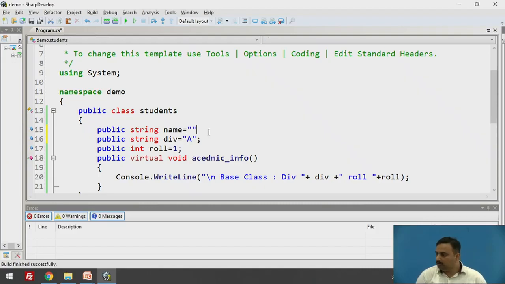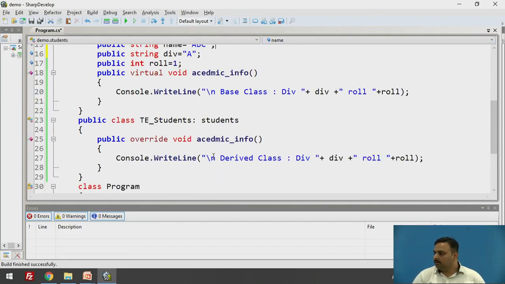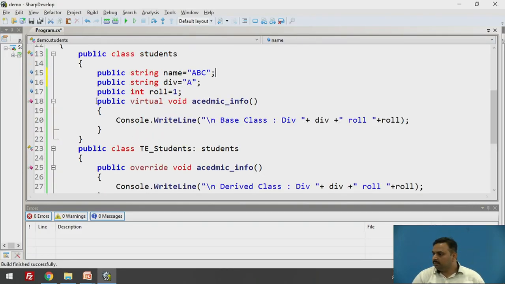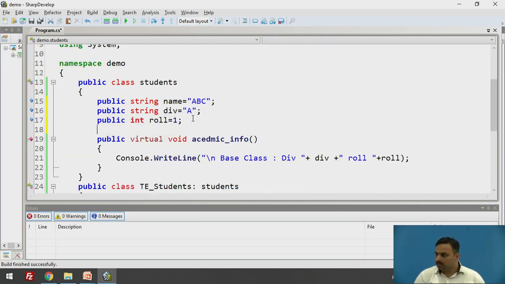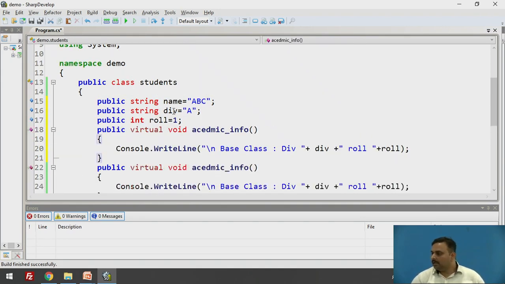Name is equal to, let's say, ABC is my name. Okay, so here we just want to copy one more. Here instead of this academic info, I just want to write here personal info.